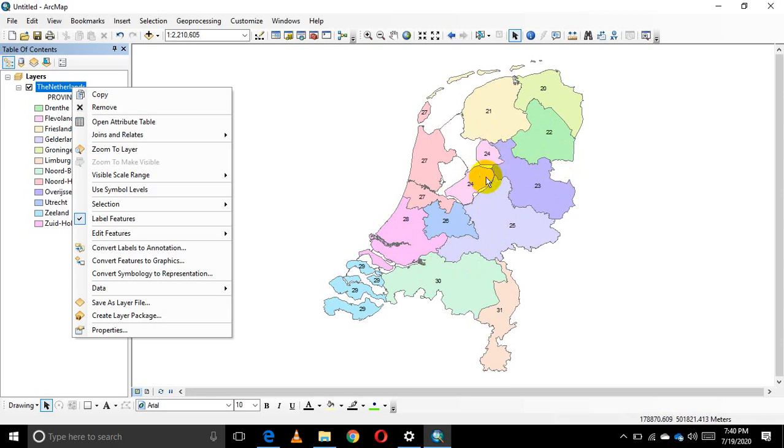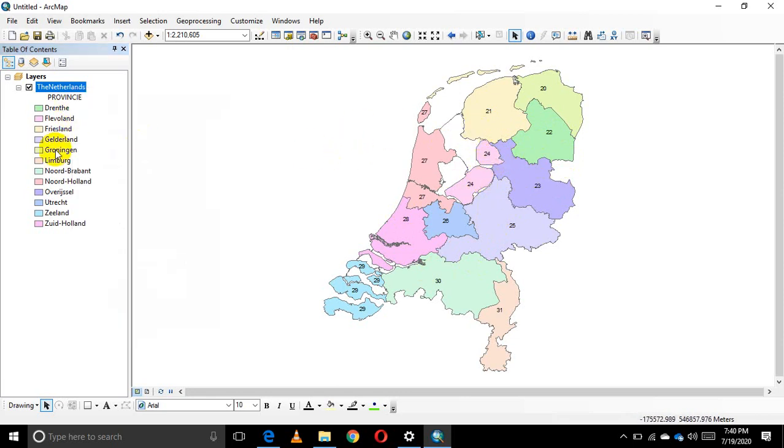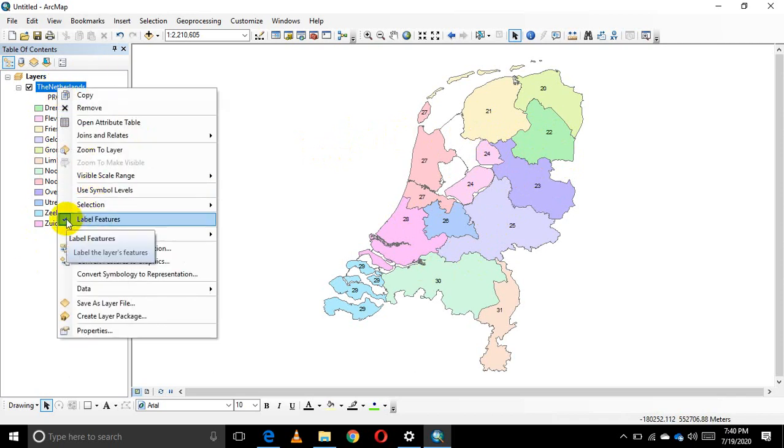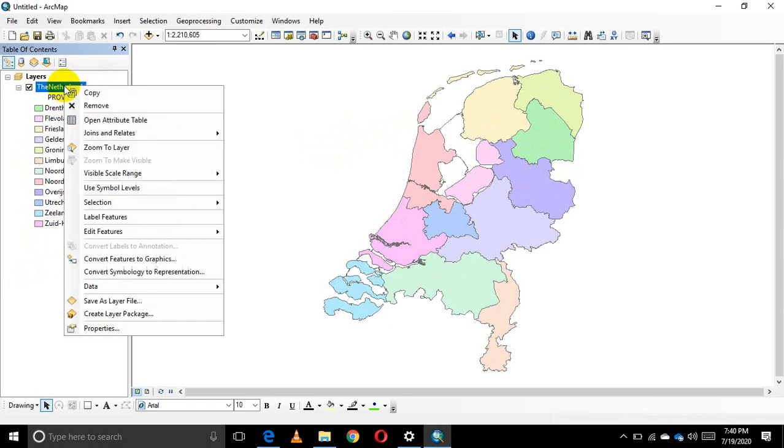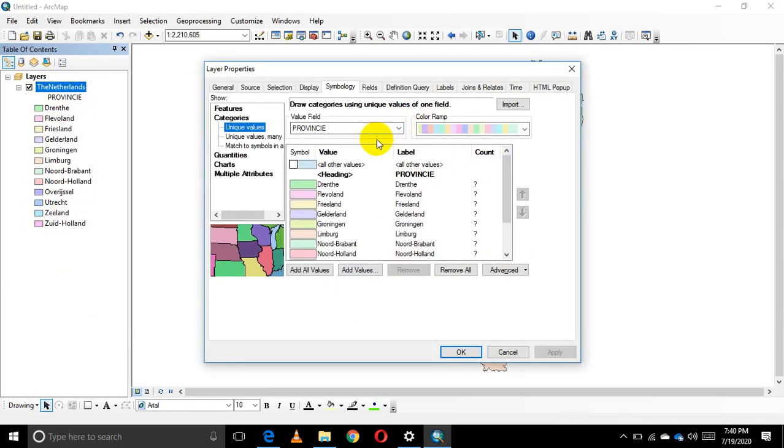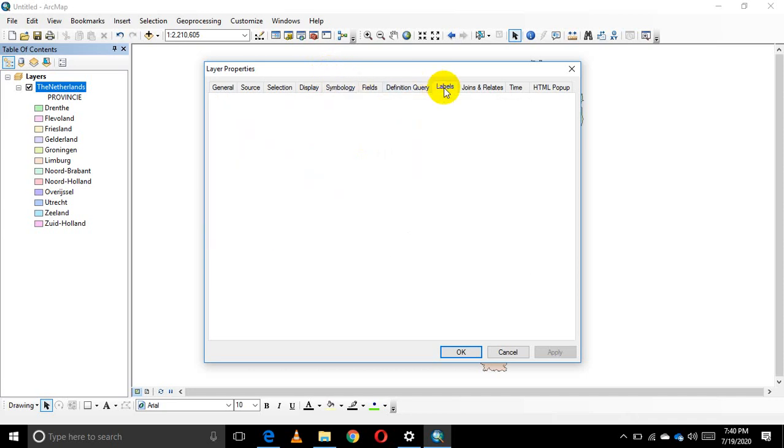Therefore we'll do the same as we did for the categorization of the symbology. We need to untick the label features, then right click and go to properties again. Previously we were working on symbology, now we'll go to the labels. Okay, it's very important to do a lot of editing here. Please make sure you